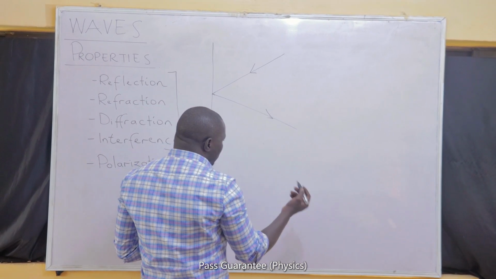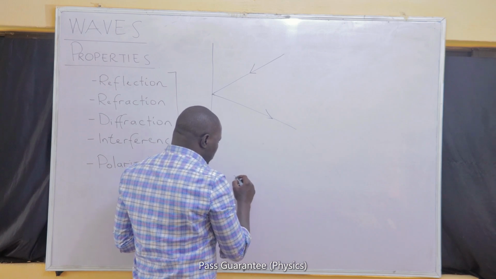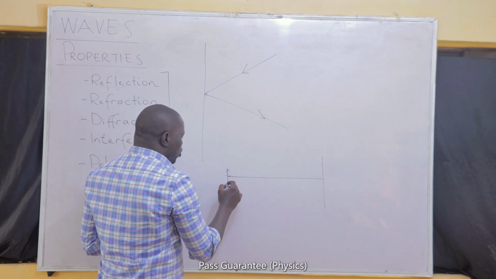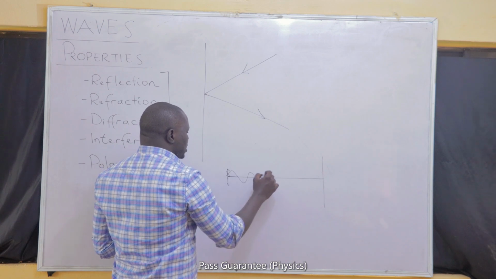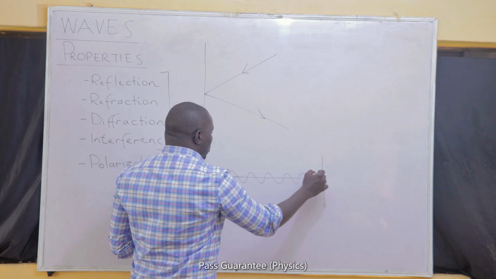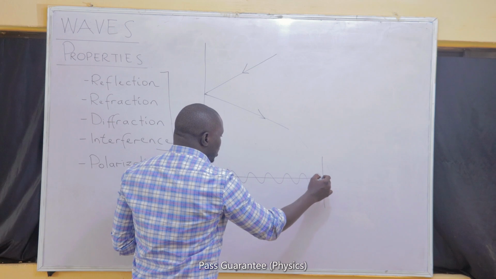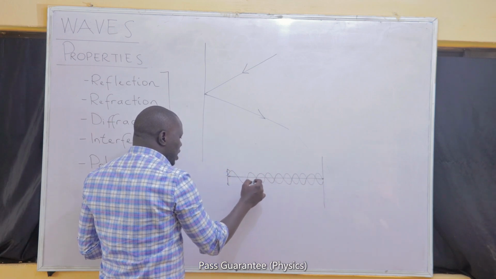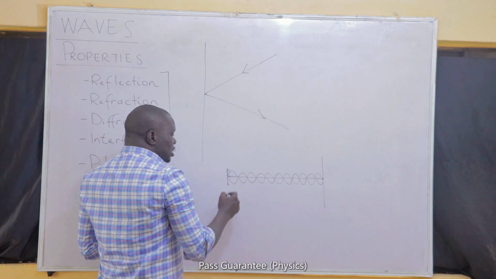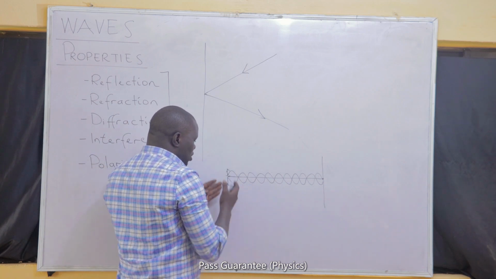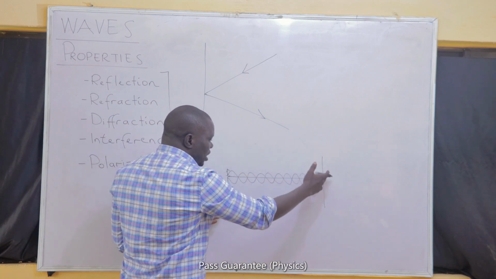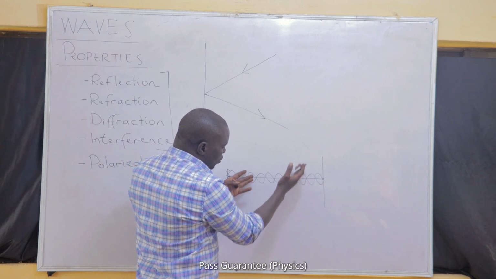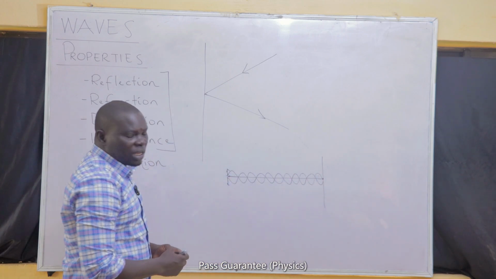If you have water waves, or a wave on a rope, I hope you know that when you generate a wave on a rope by agitating one end, by the time it gets to the other end, we expect it to hit the wall, and the wall will return it back to where it came from. That is your hand. So if you continuously generate the wave, despite the fact that when they get to the other end they will come back, you will set up a wave that looks like this.